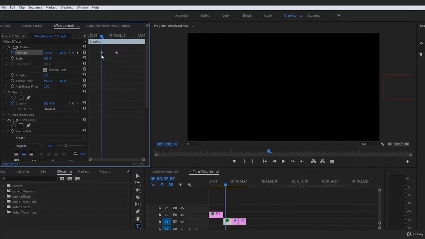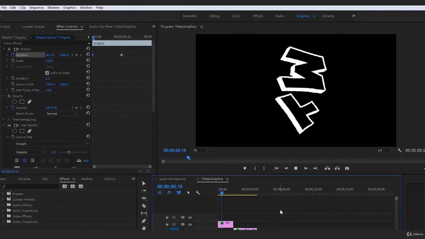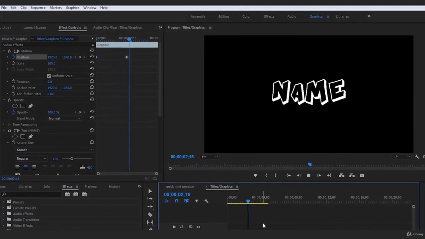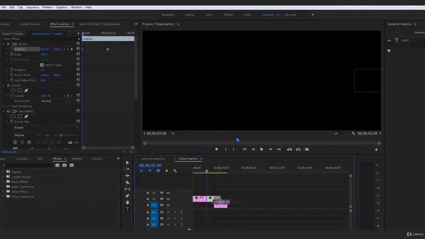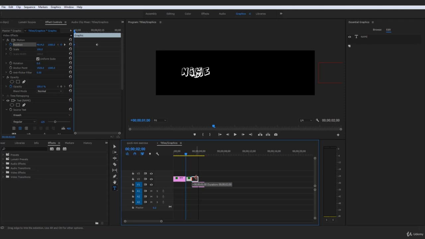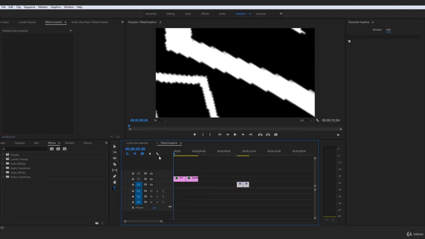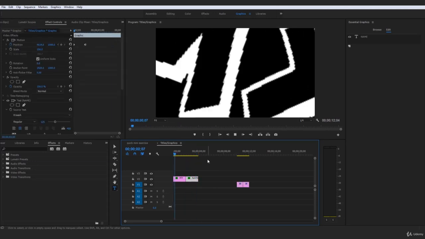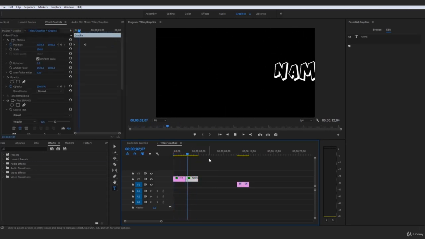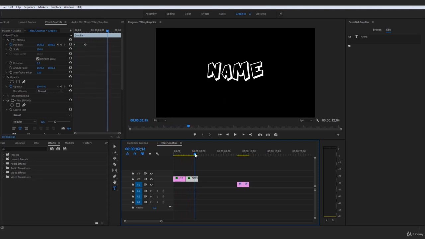So if we drag that all the way over there, now if we give this a play, that is going to come on, come in from the exact same place. I just need to make this bigger and make this 2, not just 1. So now if we give this a play, it zooms in, flies off, comes on screen with my name, and then actually I'm gonna repeat the same thing where it